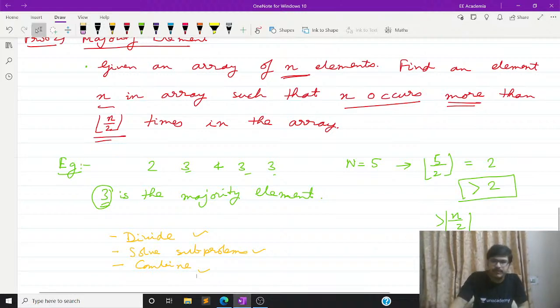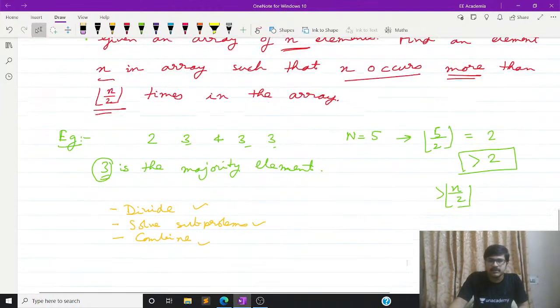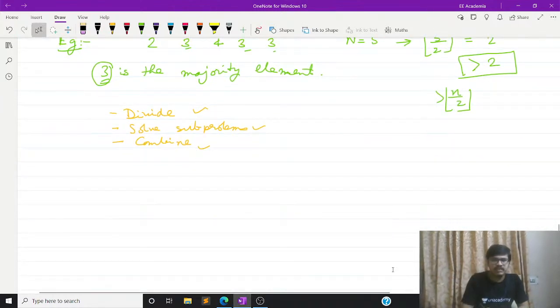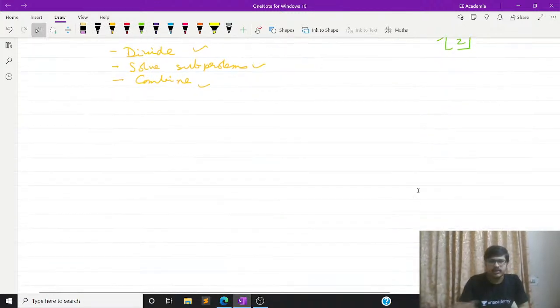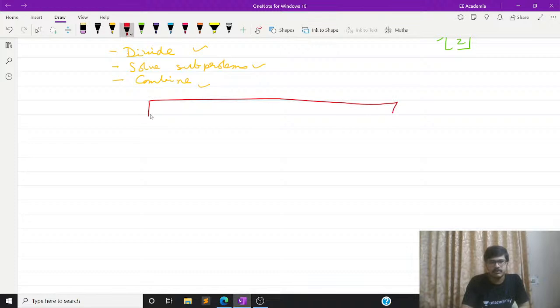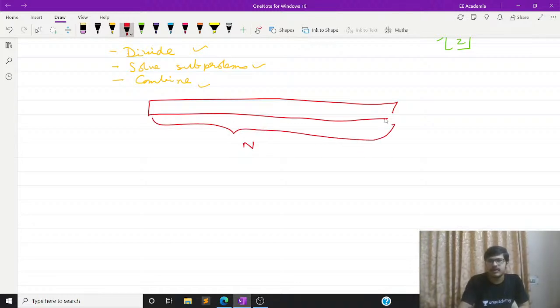Okay, so let's see. A very important observation which you need to find: suppose you have an array of size n. If you want to find the majority element in this array,